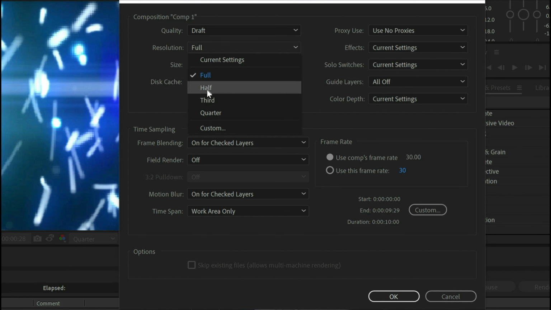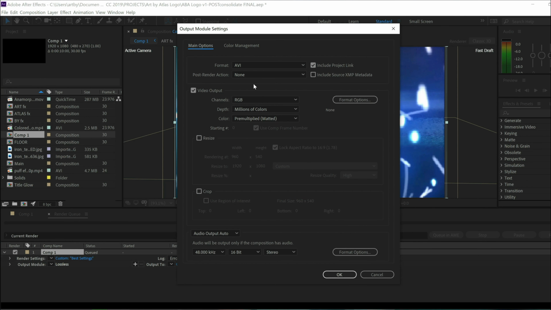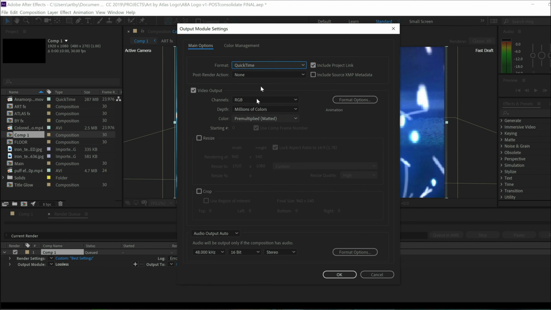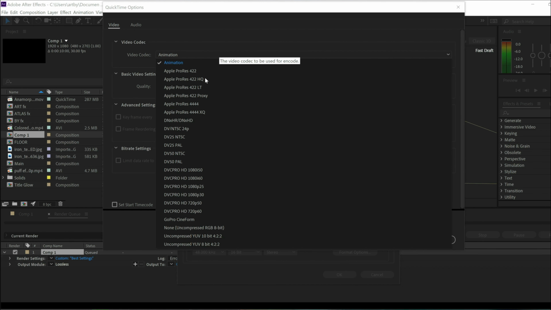You can play with your format and codec settings a bit, H.264 being the most commonly used and best for online uploading. Keep in mind, you must have QuickTime installed to have access to the H.264 option in After Effects' render queue, but it comes standard in the Adobe Media Encoder. Otherwise, you're pretty much done with this menu. And that is all you need to know about optimizing your After Effects performance and setting yourself up for success in this program, regardless of your computer's make, model, and build.